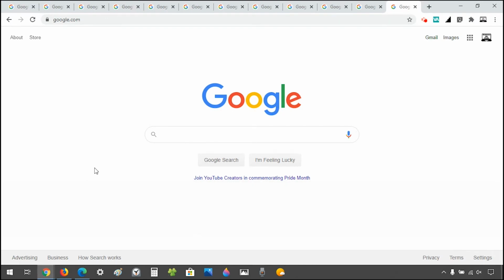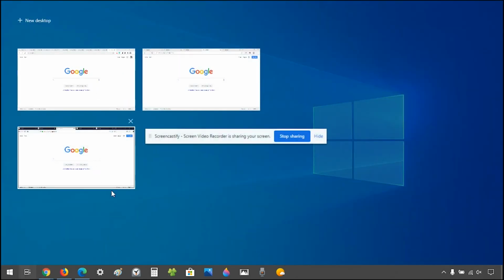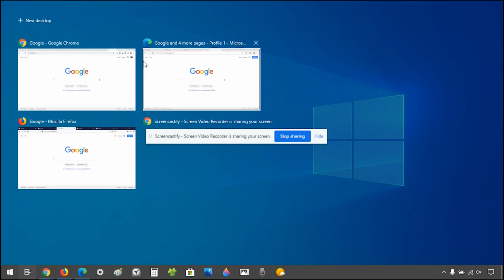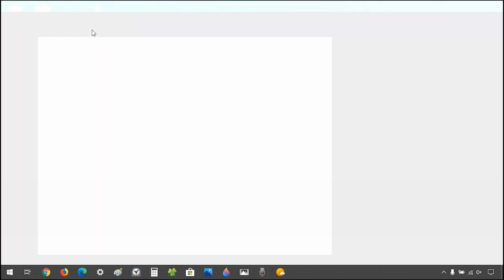Next is Windows Tab, which also gives me a brief overview of all the apps I have, and I can just go to the one I want. And another option here is a desktop, and this helps you organize your things. For example, if you have work stuff and you have home stuff, you can make a desktop for work and another desktop for home. So I'm just going to do new desktop, and over here I have 0 apps.